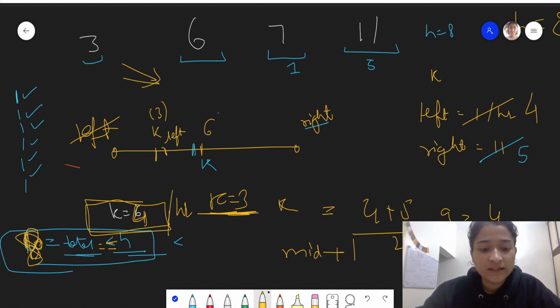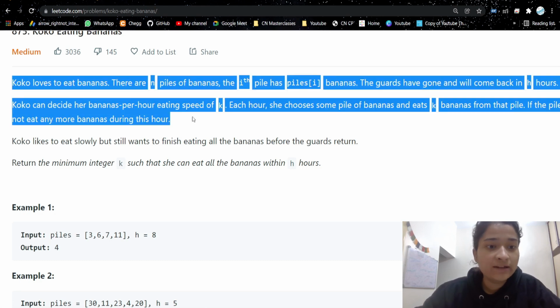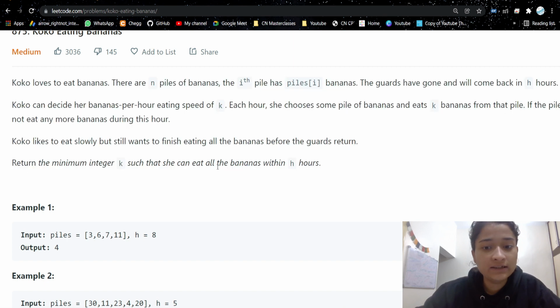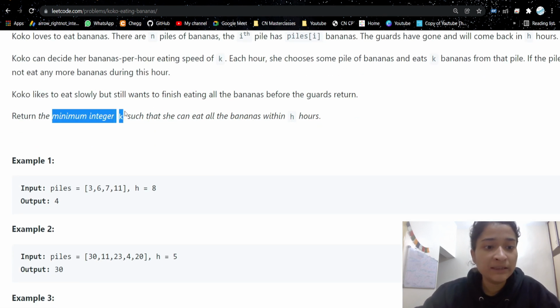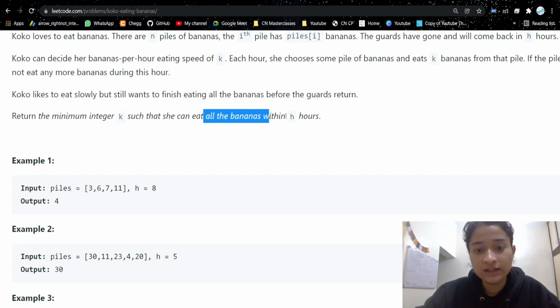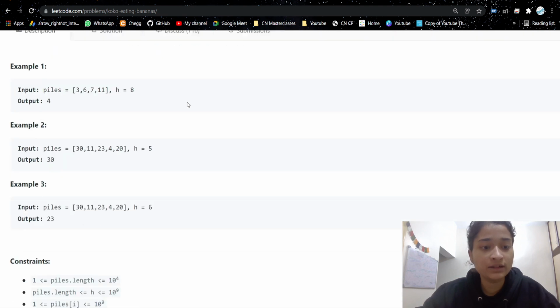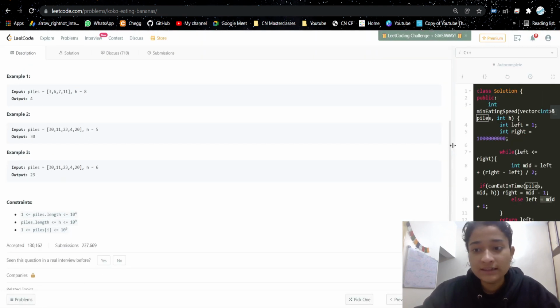Pretty much, if you have done a lot of binary search questions, when you will see this question, you will automatically understand that in this problem you will be using binary search, because whenever it's minimum integer and you have a constraint to complete within a particular time or something, then binary search is used, yeah, right? Now let's see the code once.